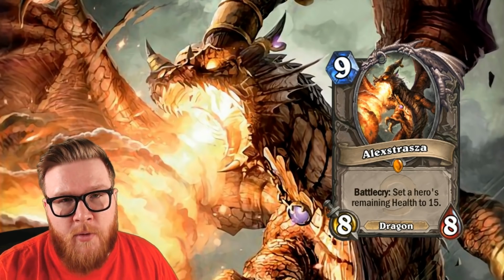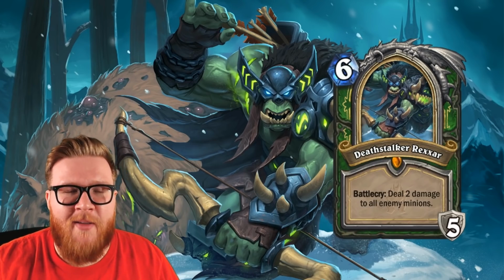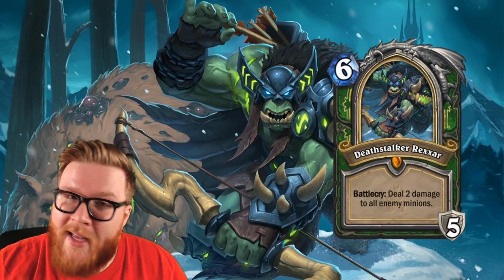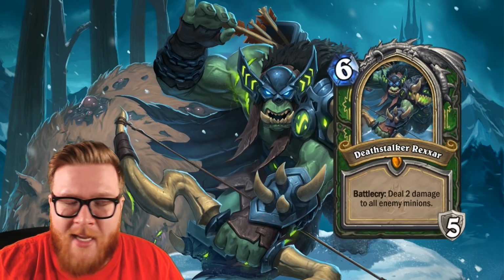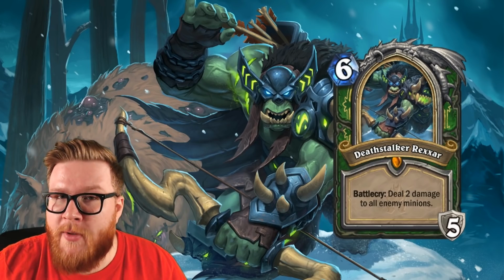Up next at the number 8 spot is Deathstalker Rex, the Death Knight hero card for Hunter, and maybe my favorite card in all of Hearthstone. This guy, of course, being played in virtually every Hunter deck right now just because of the absurd late game value that he provides. Deathstalker Rex can single-handedly win games, and because there are a couple different viable ways to play Hunter,